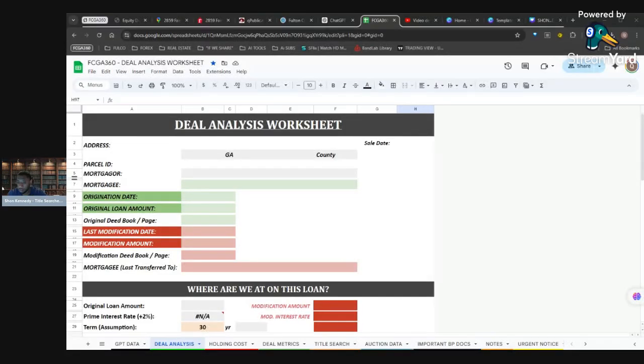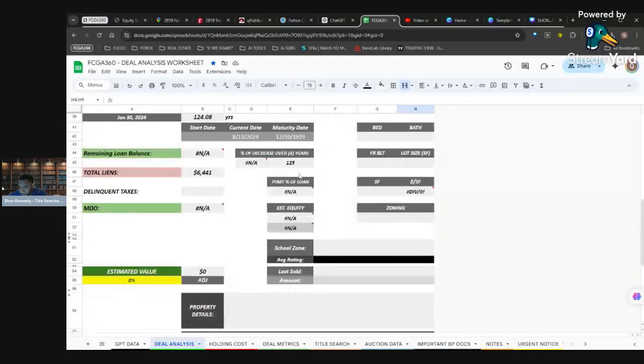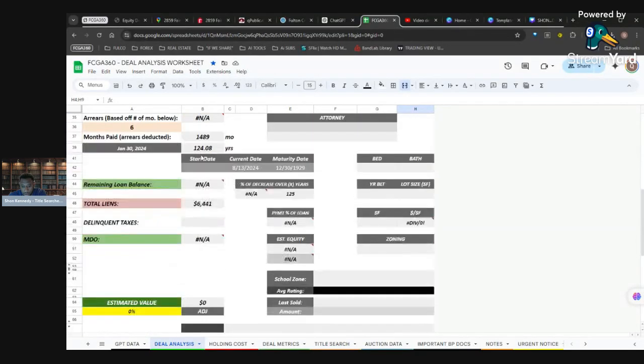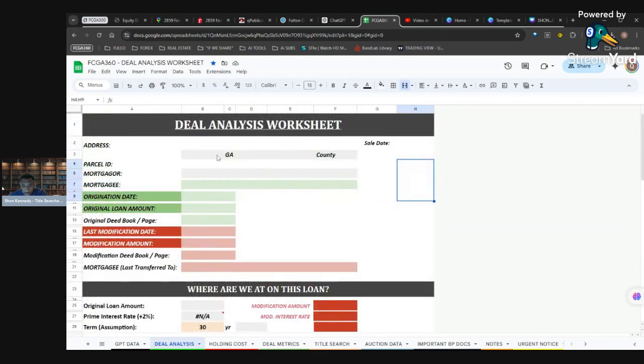All right, so right now I want to talk about why this deal analysis worksheet is so special. Obviously, we can see that it's a one pager filled with all the information you would need to analyze a pre foreclosure deal. Of course, you have the address section, sell date, location information, parcel ID, mortgagor, mortgagee, origination date, loan amount, deed and book,